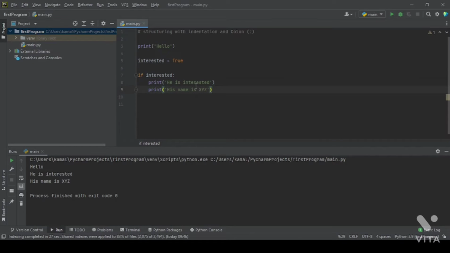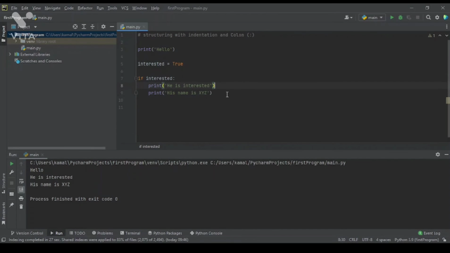Whenever we define a block, we have to make an indentation for all the statements in the block. The indentation must be the same. So indentation is nothing but the space before the statement. These spaces, you can see the highlighted one in blue color on the screen. These are 4 spaces and this is called indentation. The number of statements we write inside this block must have the same number of spaces as these 2 statements, like the 4 spaces must be there. So these 4 spaces are nothing but indentation.